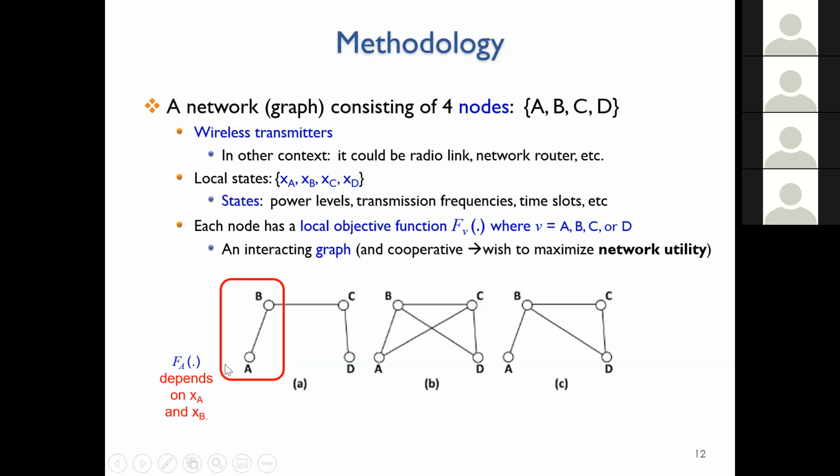So you see by the expression that F is not simply a local selfish function, which only concerns the user A. If you define FA in this manner, such that it is the throughput of A plus the throughput of B in a certain way, a function, a combination, this is a social function, taking into account the selfishness of A, but also caring about B, what is the throughput of B. Of course, you can ask the question, why not make FA contain the throughput of A as a function of B and C and D? Of course, you will see